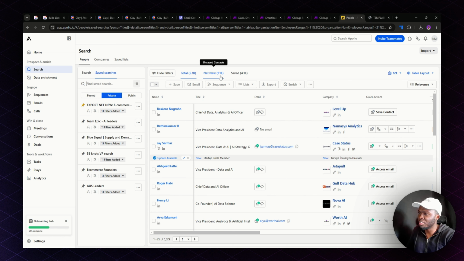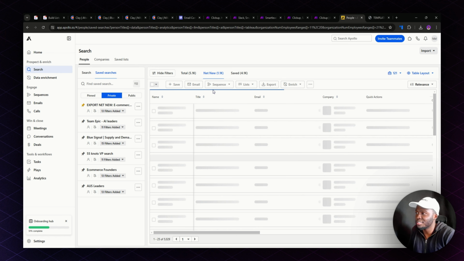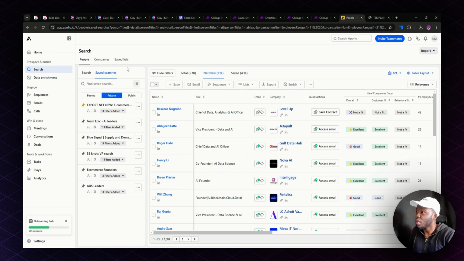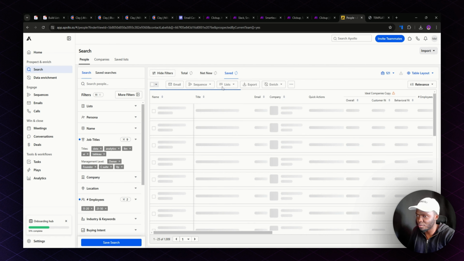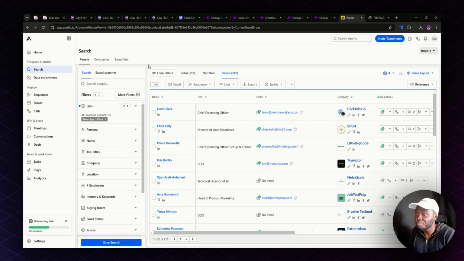And so that's a problem, right? These net new contacts just get lost and I never come back to them. Another way to do it is by saving a list. As you can see, we've got a saved list over here. But again, same problem. We don't have a way to relink it back to the specific